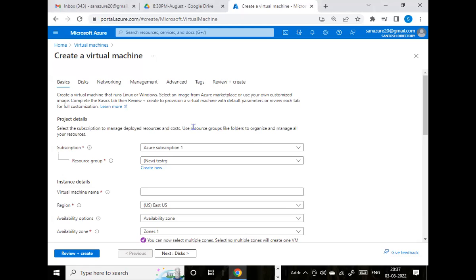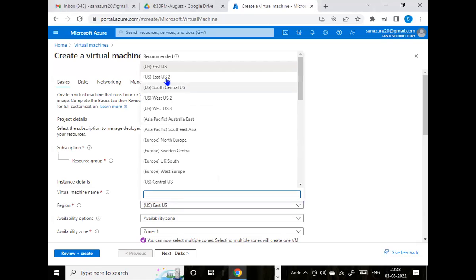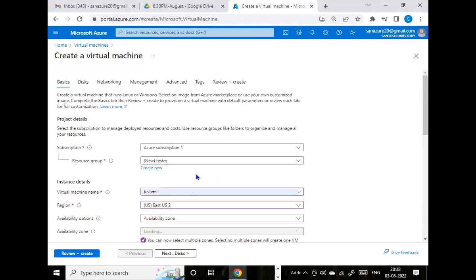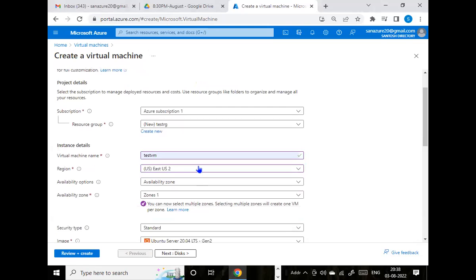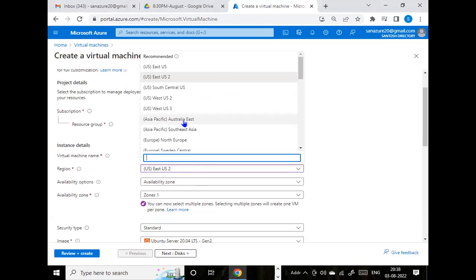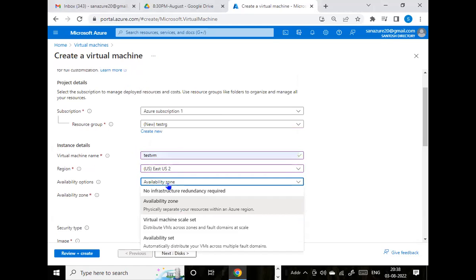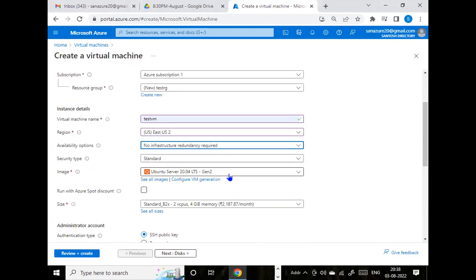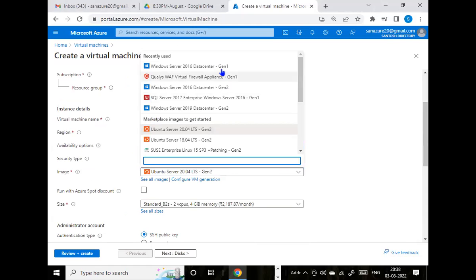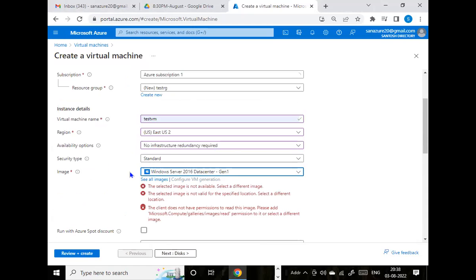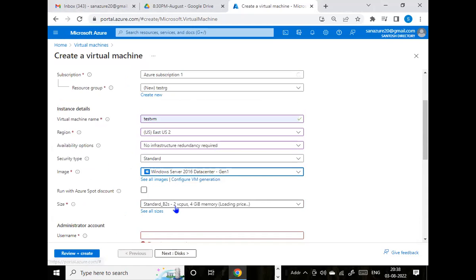Okay, that's the reason. Now, virtual machine name, I'll give it as test VM, and I want to create it in East US 2. As a matter of fact, I can create it in any region. Now, no availability zone, and we are going to create Windows 2016 server. Now, till this point we have discussed yesterday. Moving on,